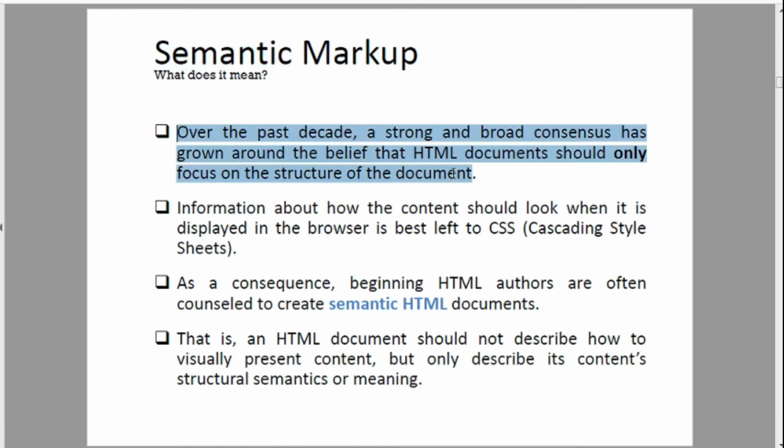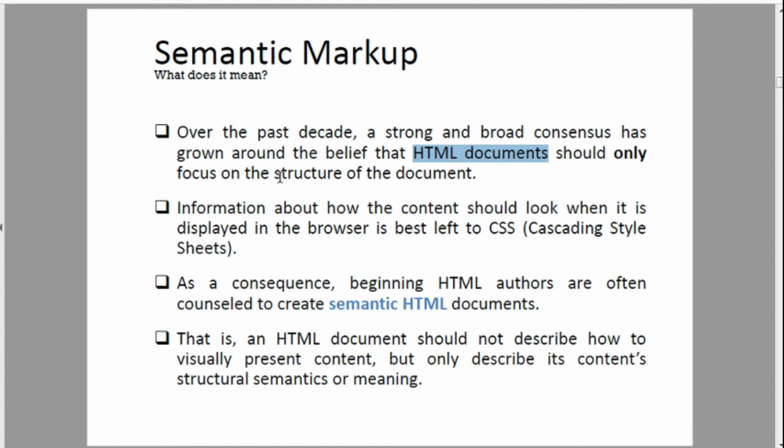Over the past decade, a strong and broad consensus has grown around the belief that HTML documents should only focus on the structure of the document. Whenever you make use of HTML to make web pages or web documents, the main focus should be on the structure of the document.